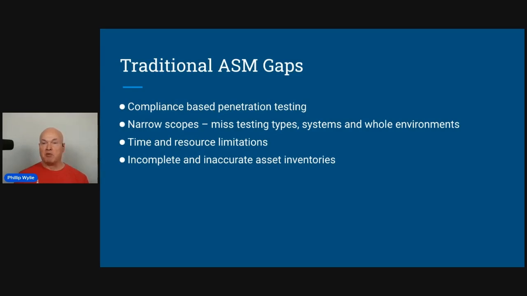Some of the things that have happened over the years too is that some of the phishing campaigns have become in-house emails where you click on it, there's no payload. So some of these things are really scaled back. The focus is so narrow and a lot of things are missed out. Then there are time and resource limitations. Pen tests are referred to as a time-boxed test, kind of a snapshot of that cybersecurity posture at that time. So this is really limited.